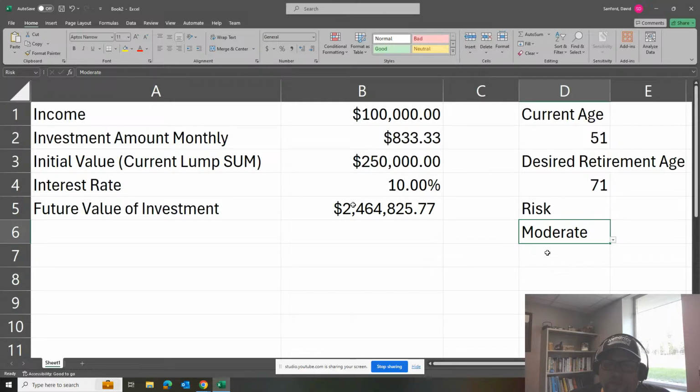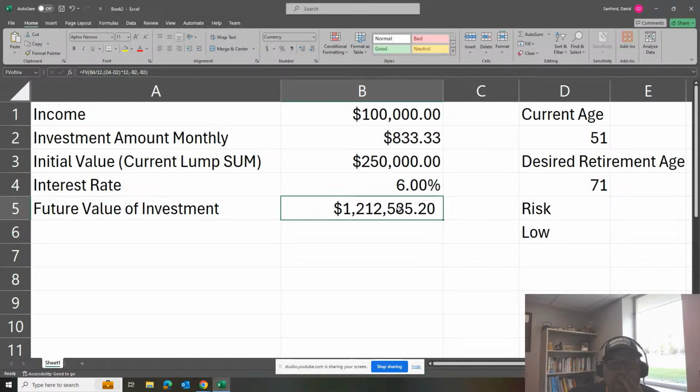If I go to moderate, there's a big difference. If I go to low, there's a big difference. Okay. So you can see I created a calculator really quick that could help me determine different things. And I'm going to show you one thing that you can do. And this cell right here, if I want to